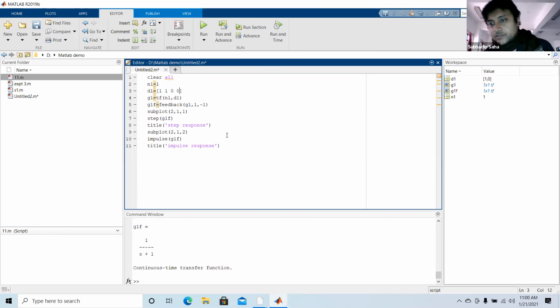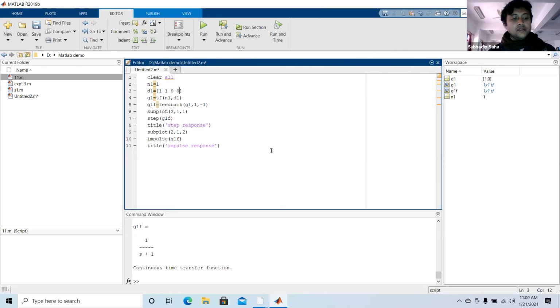Now, one confusion can arise in your mind: is the previous data stored? No, data is not stored. Why? Because when we start the program, in the first line I have written clear all. So whatever data is stored in this, untitled 2, all the previous data will be erased. So just change this and the remaining part will be the same.